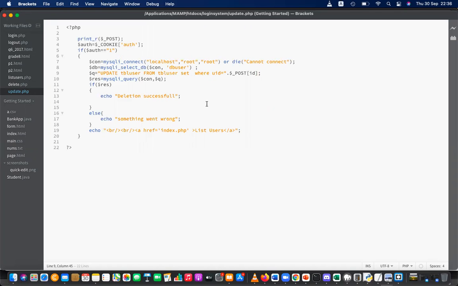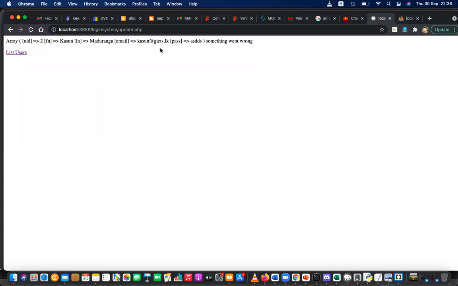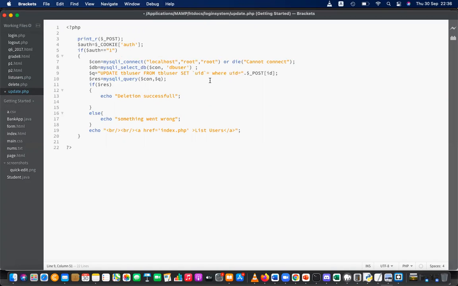To do that, you can say SET. The first thing is, in quotation marks, UID. That UID you have to give. SET UID equal, SET in capital, that's the practice, right? SET UID equal. Then you have to give the user ID. UID equal user ID. Here UID comes as UID. UID equal dollar UID, comma,